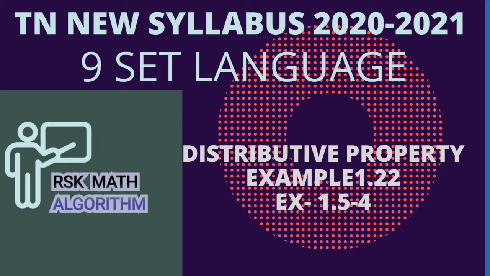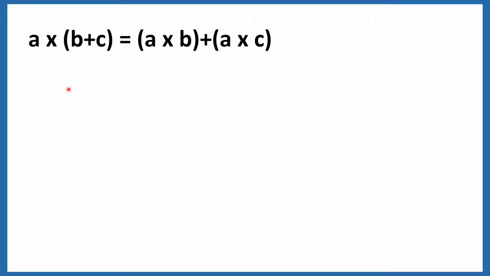Let us see how we can prove this distributive property by using Venn diagram. Do you remember this? Before going to prove that, please recall this one. This is the distributive property on numbers. In lower classes, we have studied this property of multiplication over addition. If we substitute numbers for this distributive property, you can easily understand it.